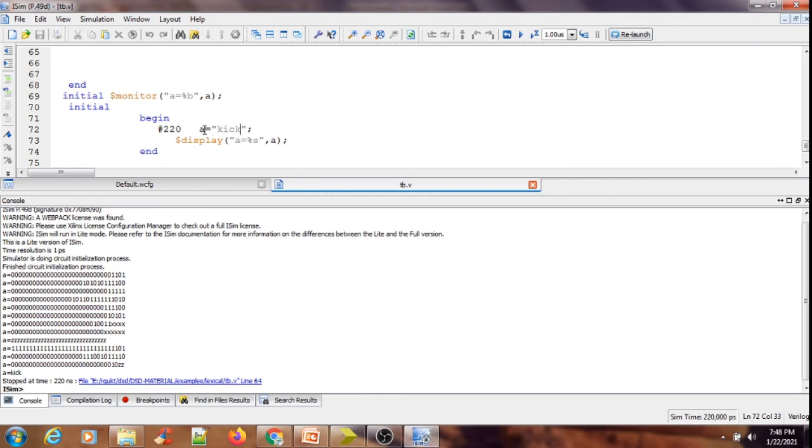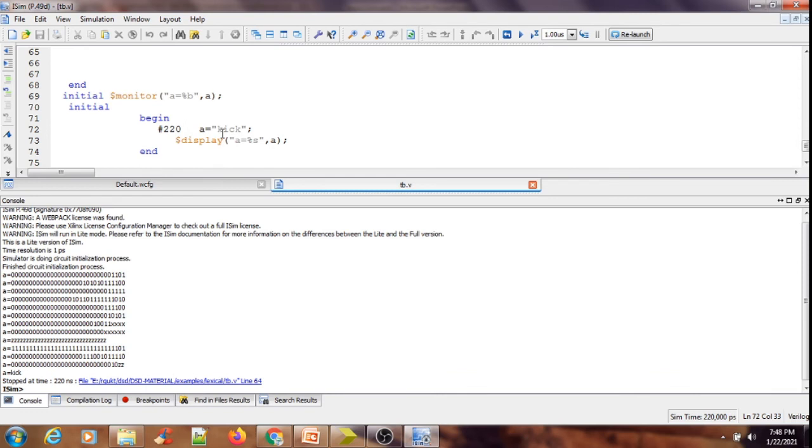Okay, so each and every alphabet of kick is there. How many alphabets are there? 4 alphabets are there. Each and every alphabet returns me an ASCII value. Okay, so for k there will be some ASCII value, and for i, and for c there will be an ASCII value. I said that each and every ASCII value is 1 byte of capacity.